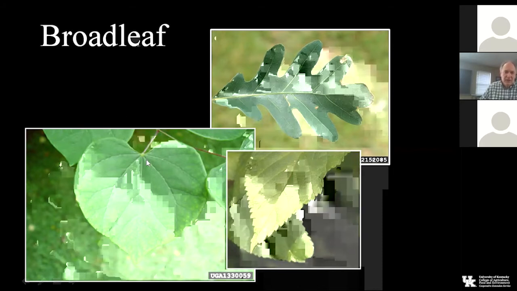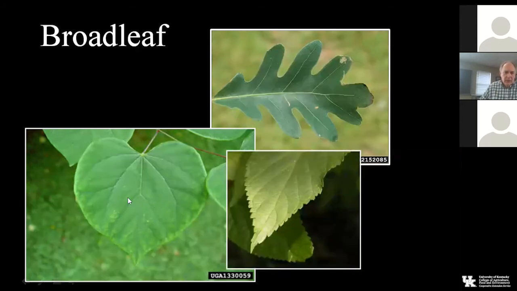This particular leaf right here is what we refer to as heart-shaped, and it has a smooth margin. This is the one with a red bud. Oh, redbud, that's the name of the tree. It had a red bud on it. This is a hackberry. It has saw teeth on it, and this particular one has a sinus and a node on it. This is the white oak in the state of Kentucky, a very important tree. But we're going to move on into broadleaf trees, and we're going to talk about how to identify them without all this green